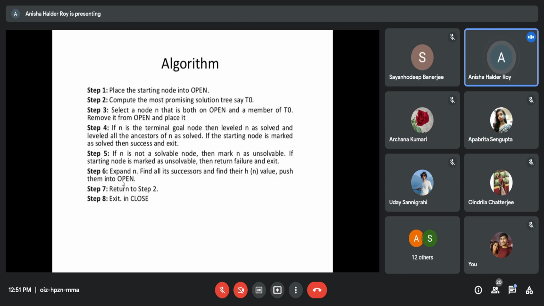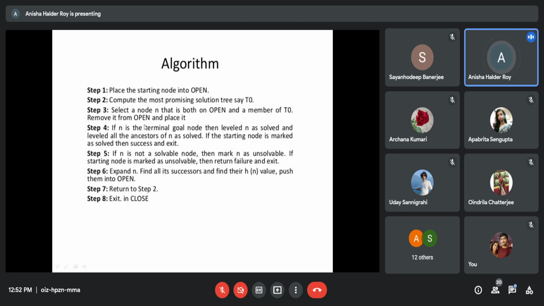This is the algorithm. Put the starting node into open. Compute the most promising solution tree, say T0. Select a node n that is both on open and a member of the promising tree.